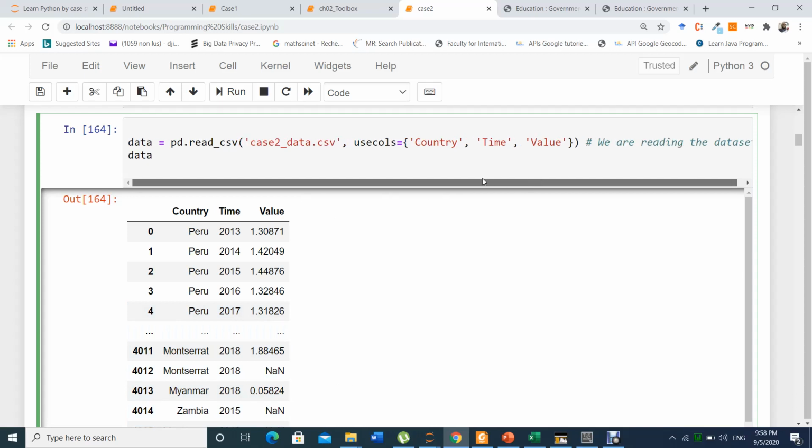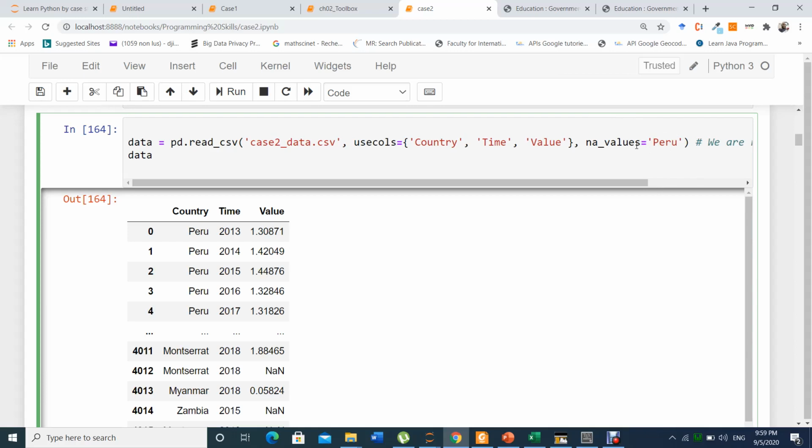For instance, we can say we want to consider some specific value in the table as a non-value. I can tell my code, if you find Peru, consider it as a non-value. So we say na_values equals Peru.